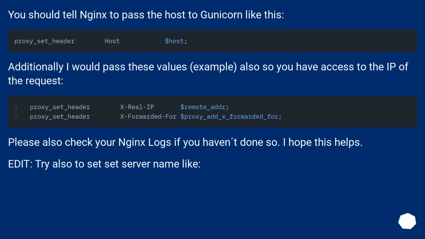You should tell Nginx to pass the host to Gunicorn like this. Additionally, I would pass these values, for example, so you also have access to the IP of the request. Please also check your Nginx logs if you haven't done so. I hope this helps. Edit: